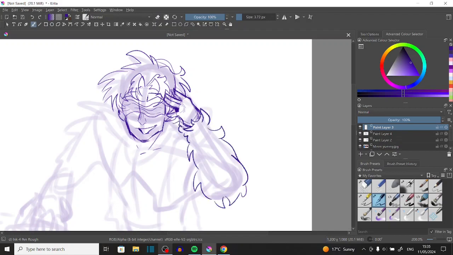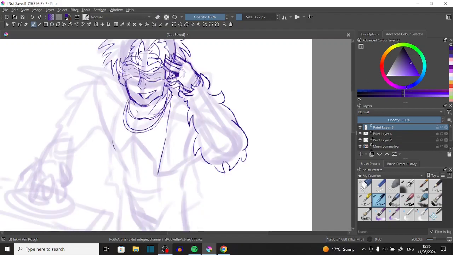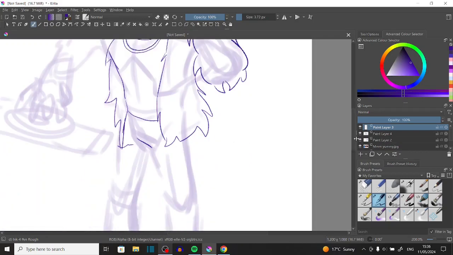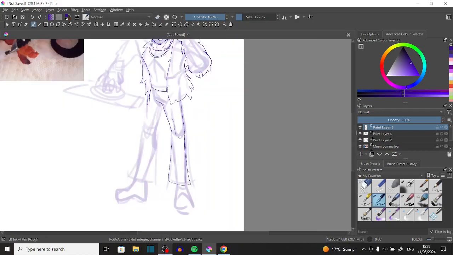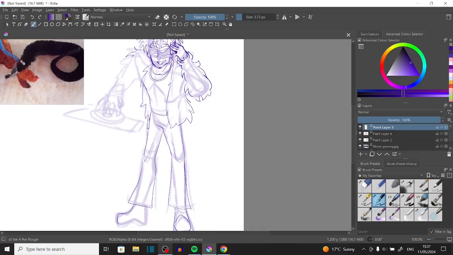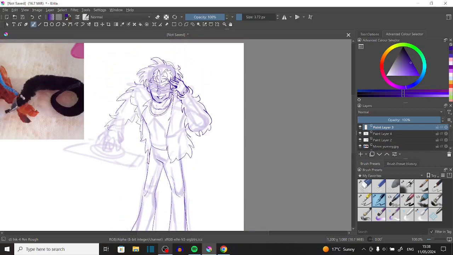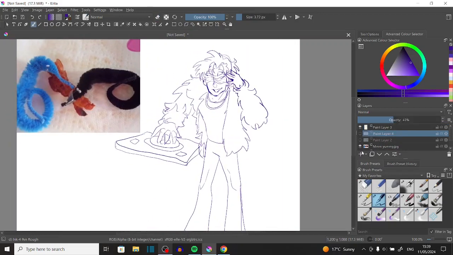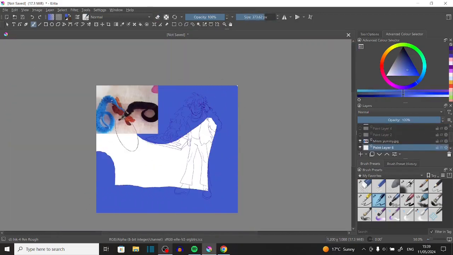Okay, so I'm going to say this because I don't think it's very clear in the drawing I did, but you might notice that I started off by making the eyes of the worm's earrings and giving him all 4 of them. And then in this one, you might not be able to see it because the way I drew it isn't very clear, but his headphones are supposed to be those eyes, and there's only 2 of them. I kind of wish there was 4, but that's just the way it ended up being.